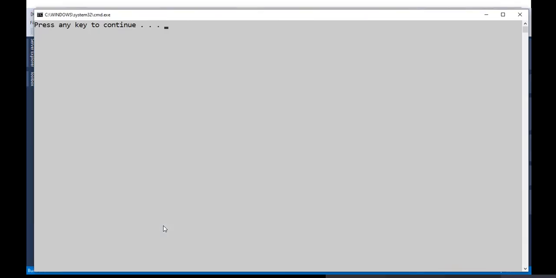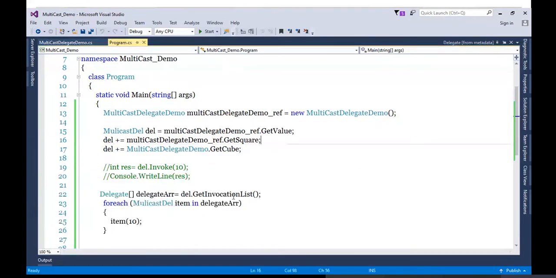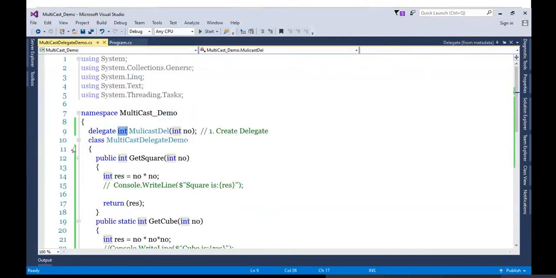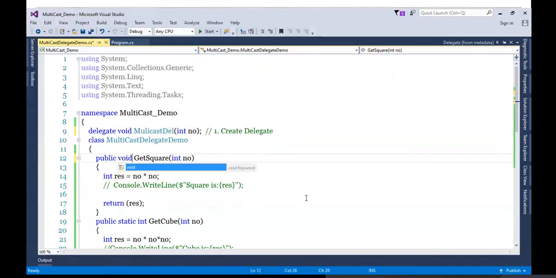the answer. Sorry, I changed the return types, so again I need to keep that void. Let's make a change within 2 minutes.